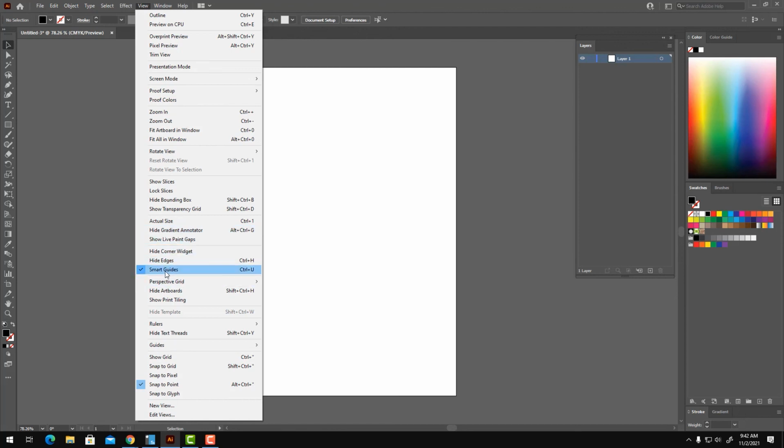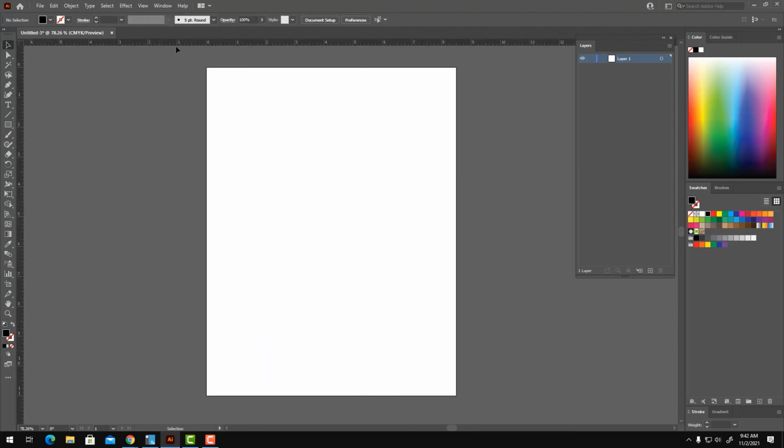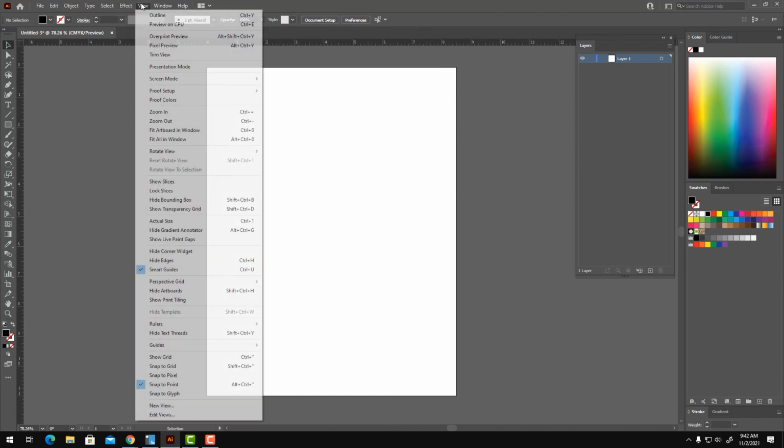So for instance, we can turn on and turn off smart guides here. We can turn on snap to points, which both of these are already on by default. We can show rulers if we want to. I can show the rulers, so the rulers are up here. We can